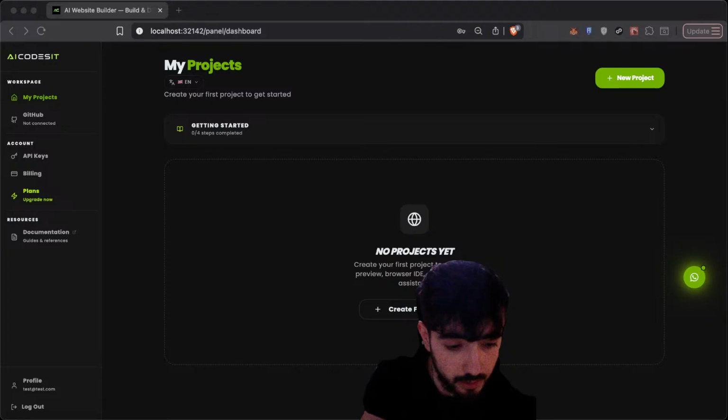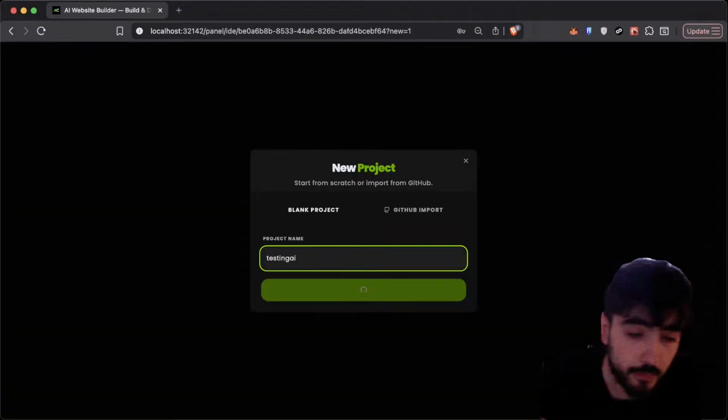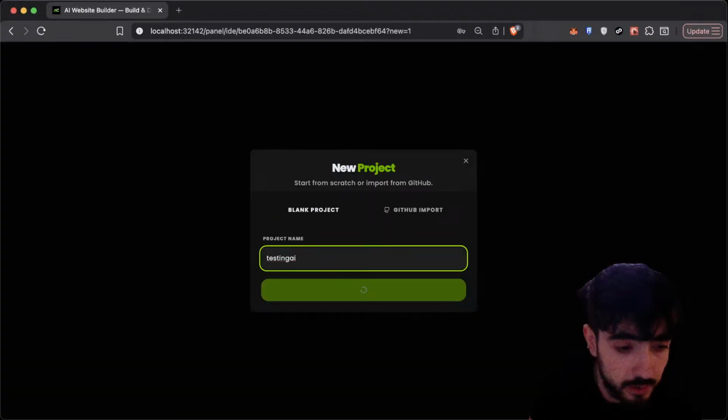And now what I'm going to do, guys, is create a project and call it testing AI, okay? I need to test one thing first before doing everything else, which is one of the AI models I have collected, the GPT 5.4 Nano.